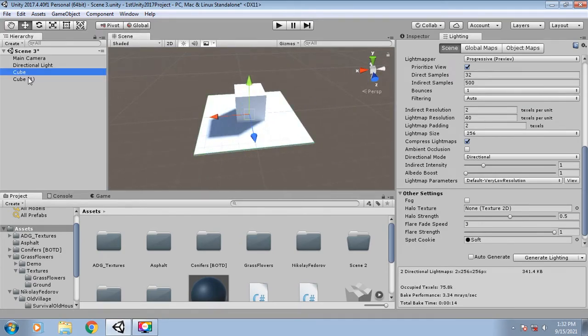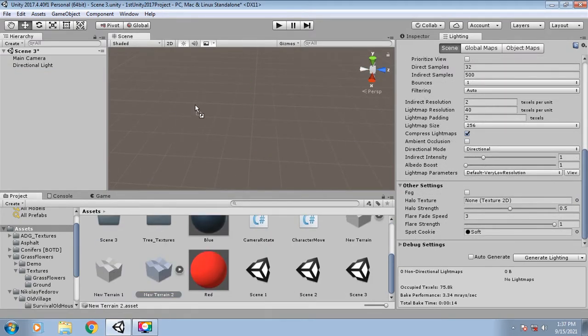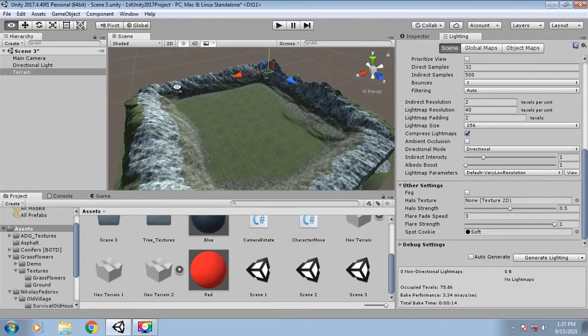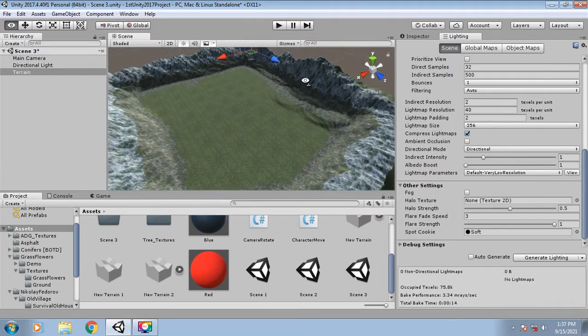We baked light for a simple two cubes, and now we will be baking light for a complex terrain. So here I have a terrain previously created. It looks like this, and I have cleared the bake lighting. To clear the lightings, click the clear bake data, and the lightings will be cleared. Otherwise the real-time lighting will not work. If you once bake the light, then the real-time lighting will not work. If you want to make the real-time light work again, then just click the clear bake data from the drop down list.